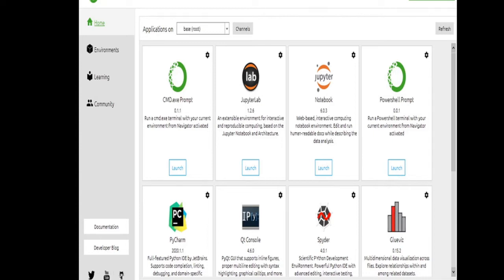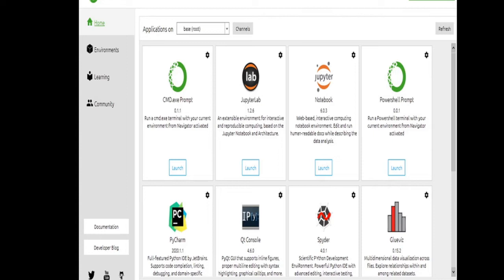Anaconda Navigator is a desktop graphical user interface included in Anaconda distribution that allows you to launch applications and easily manage Conda packages, environments, and channels without using command line commands.